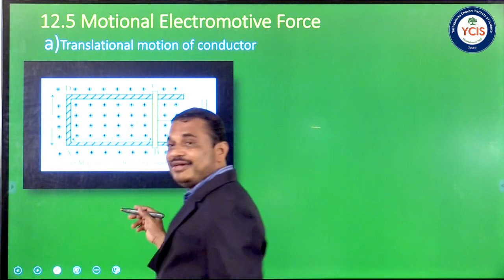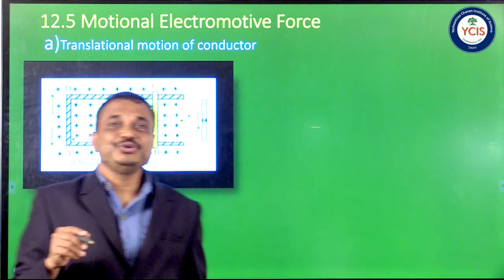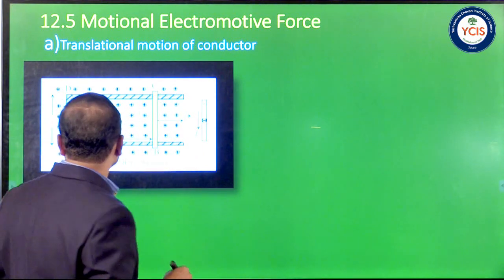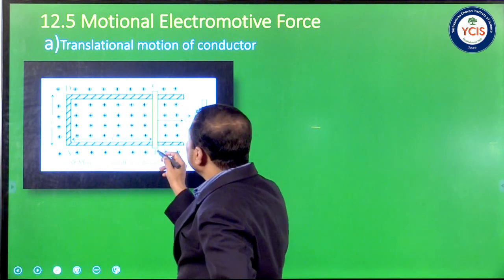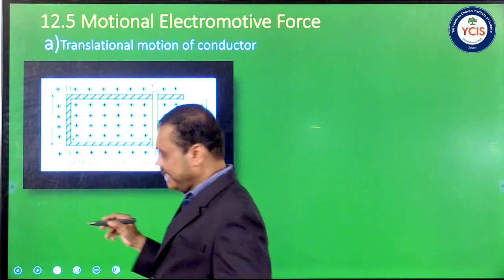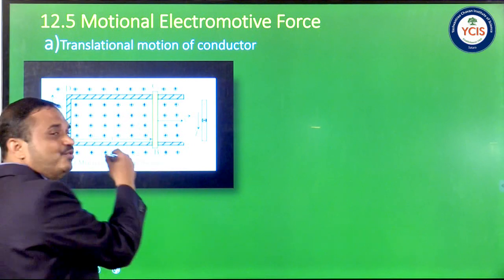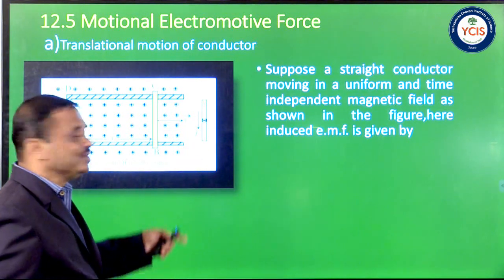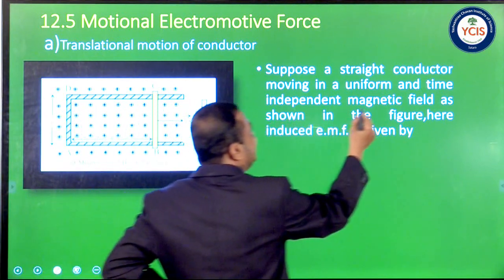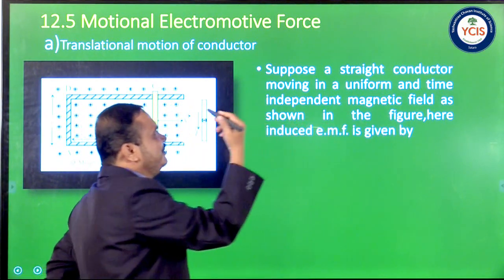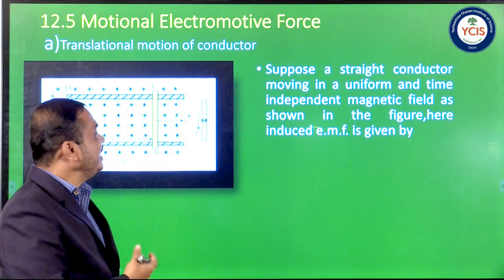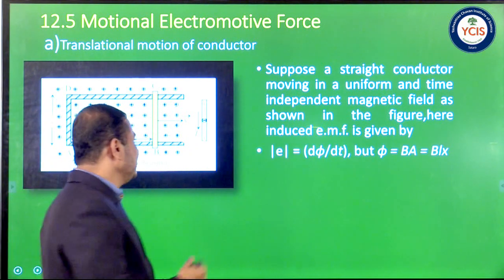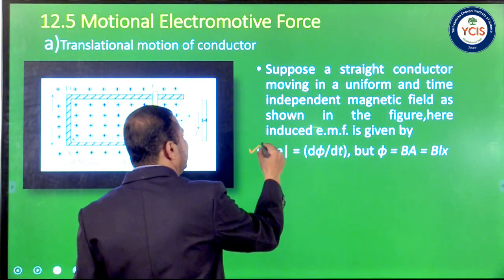So we have to derive the expression for this induced EMF due to the motion of the conductor in a magnetic field. Suppose the length of conductor BC or AD is L, and it is continuously moving towards the right in a magnetic field. So suppose the straight conductor is moving in a uniform magnetic field as shown in the figure, then the induced EMF is given by Faraday's law. The magnitude of this induced EMF,